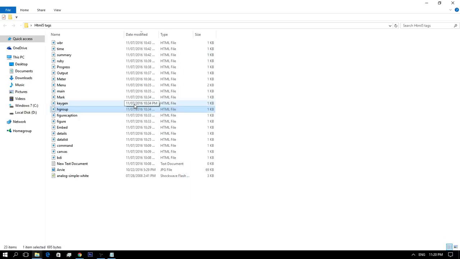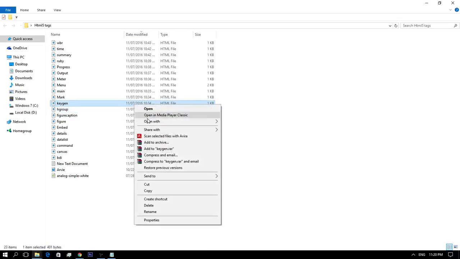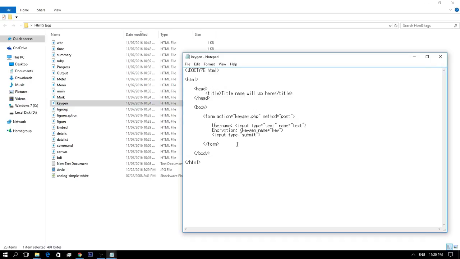And next, we have the keygen tag element. So the keygen element is commonly used for generating the key pair in the form. Whenever the user hits the submit button, the keygen element creates two key pairs.